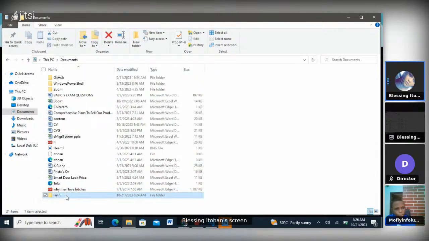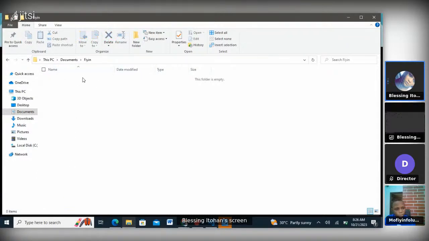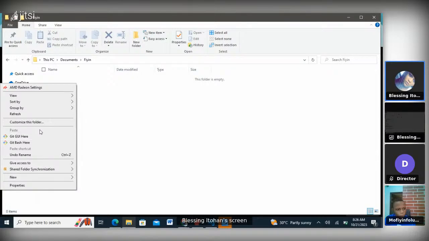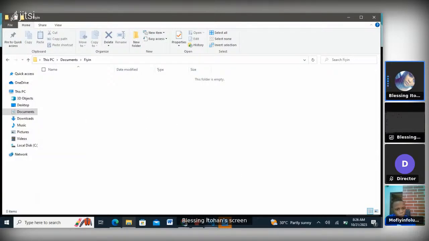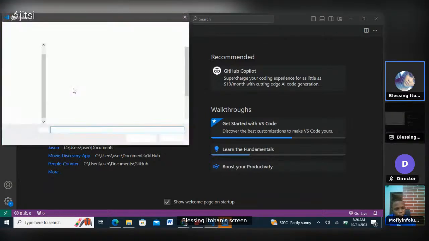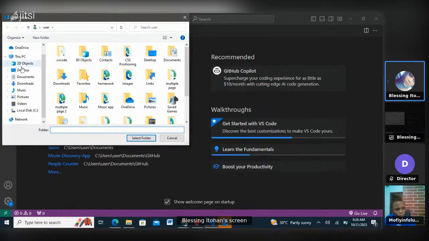So after you've opened the folder, the next thing you want to do is open a file inside that folder. Okay. So after you've opened it, you have to open that file in VS Code. When you get to your VS Code, you will see this open folder. So you click on it. You click on open folder, and I went to my documents. I saved it in my documents. So you click on documents,